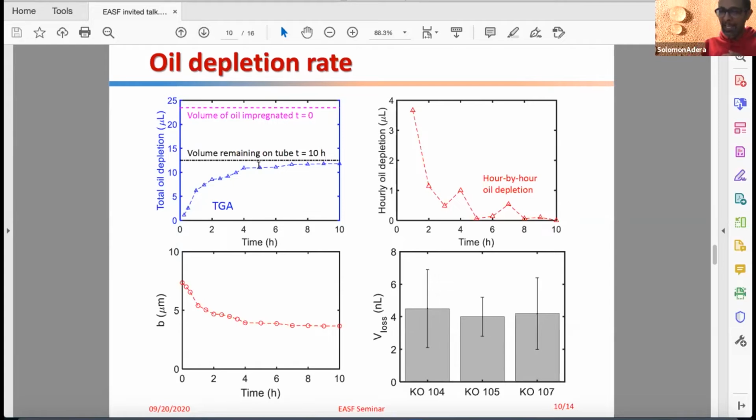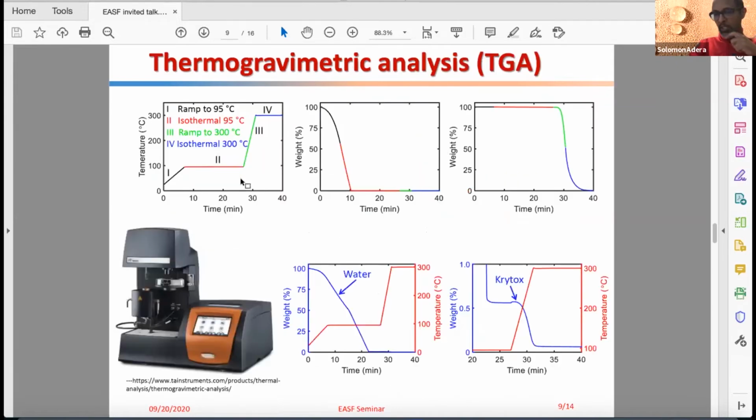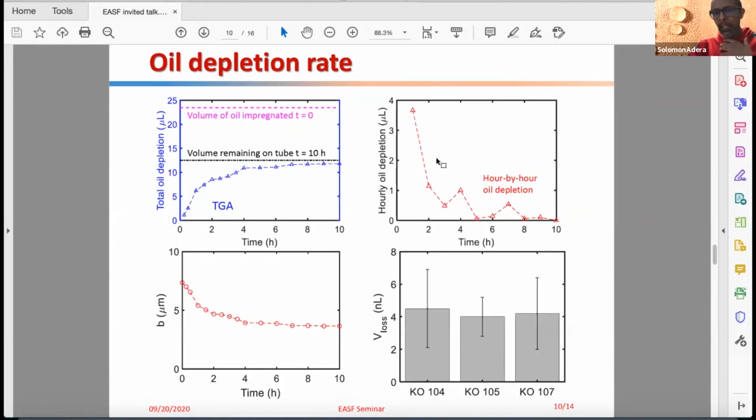And then after a 10-hour experiment, we did this condensation experiment continuously for 10 hours. I measured the mass again. Since I know the initial mass, the difference in mass is the amount of oil that's depleted. That's at T equals 10. And I also collected these falling droplets individually, and we measured the amount of oil in those droplets using our TGA technique, which I just showed in the previous slide here. And therefore, a few points here: the rate of the amount of oil depleted by these falling droplets decreases